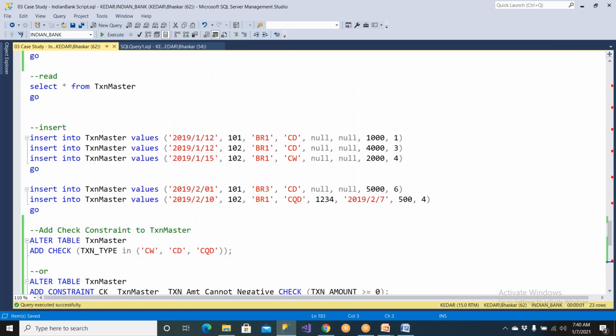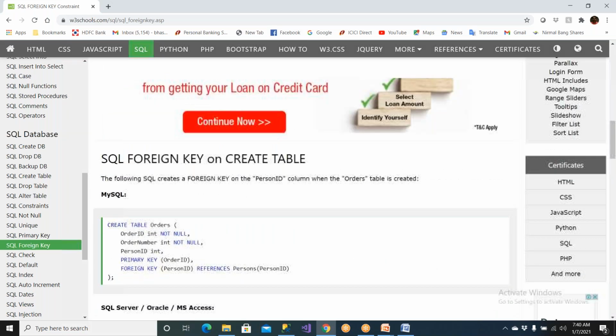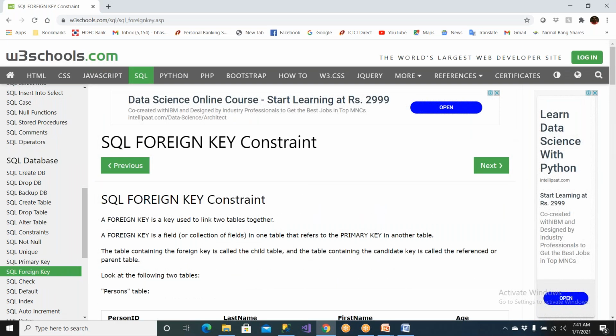Creating a primary key, creating a foreign key. After creating a table, you can add a primary key, you can add a foreign key, you can add check constraints, you can add null, you can do a lot of things, but all of them are available in your this one. Even though I'm teaching SQL Server, I don't remember the syntaxes. Clear? So syntax,